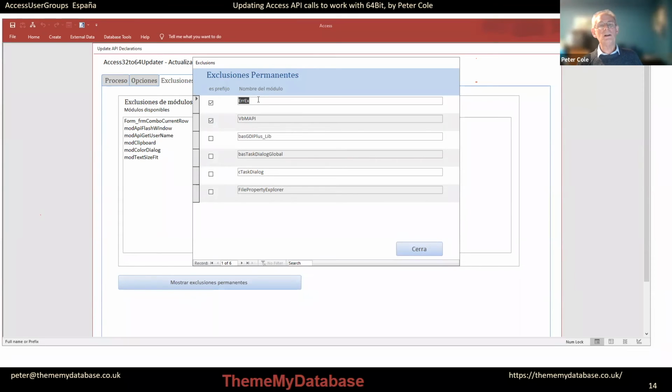VB Watchdog and VB Mappy from Everything Access, because he's got it right. So there is no need, or it's pointless, to try and adjust his code. These other 4 come from a very, very complex example that I've found. I can't remember who the author is, but those ones don't want to be changed because they are incredibly